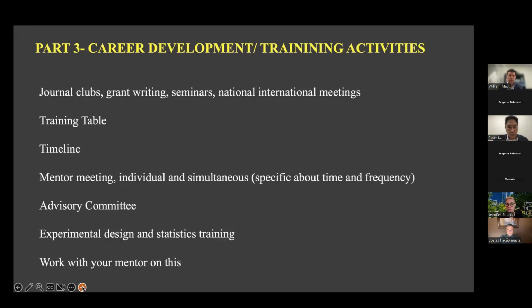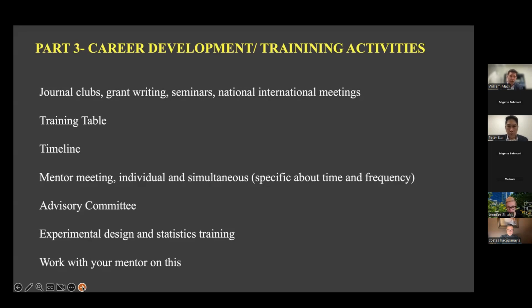A training table is very helpful. A lot of people organize this. They'll even list a gap or a career trajectory on the left, and then your specific aim that pertains to that in the next column, and then what mentorship you're going to get and from whom, and what class you're going to take if you're going to take any didactic classes. And the didactic classes, one big mistake I see is just listing classes. That doesn't help. It's what are you going to gain from a specific class? What technique, what technology, what information, etc.